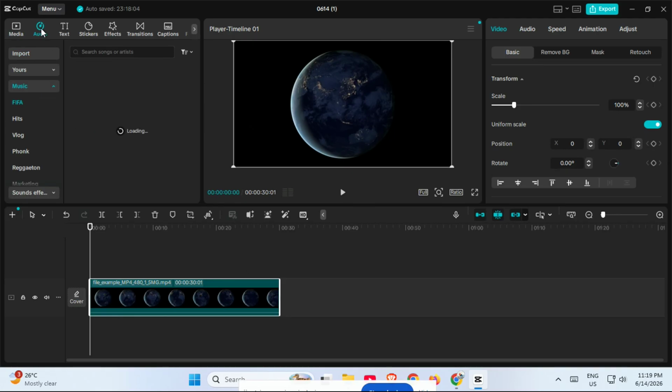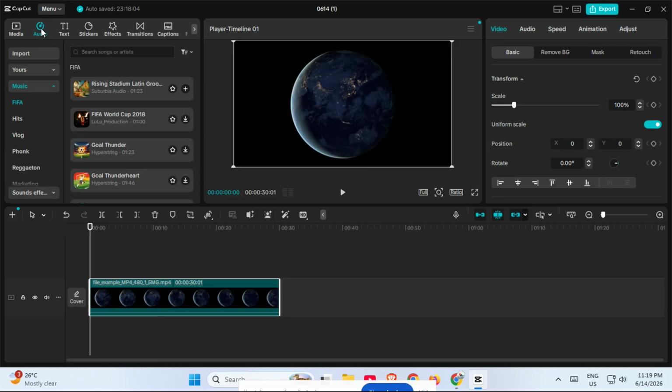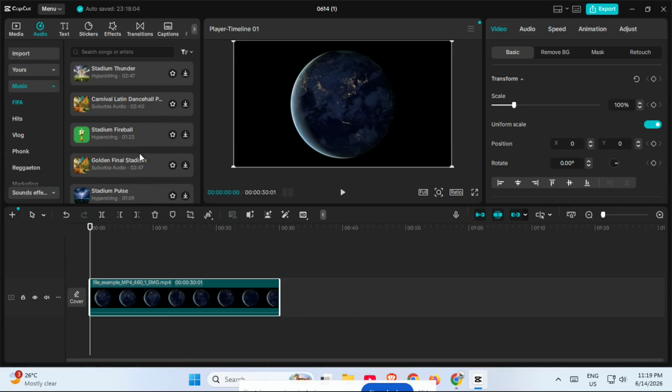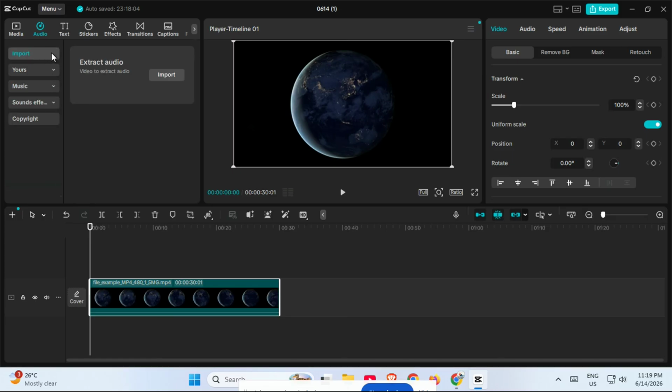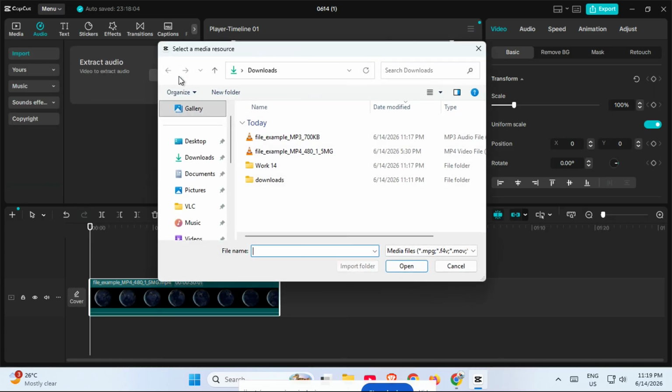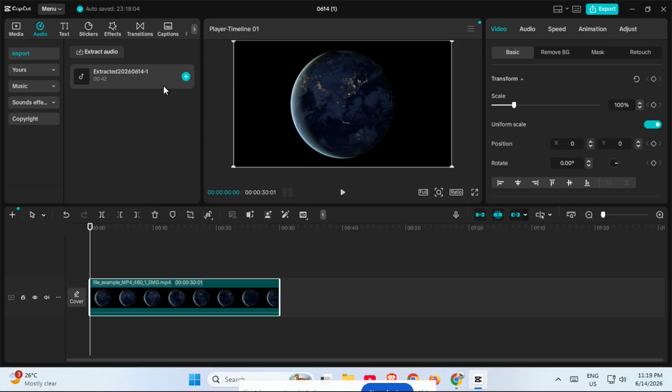This is where CapCut keeps all of its music and sound options. After you click Audio, you'll see different ways to add sound to your project. You can browse the built-in music library if you want to use one of CapCut's available tracks, or you can click Import if you already have an audio file saved on your computer. This is useful if you've downloaded music, recorded your own audio, or want to use a specific track that matches